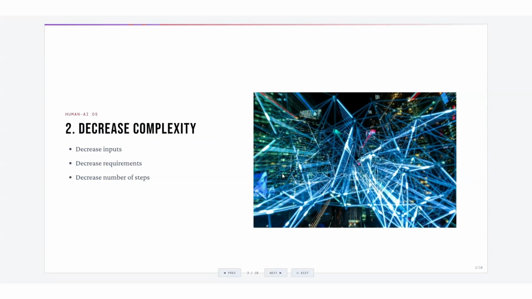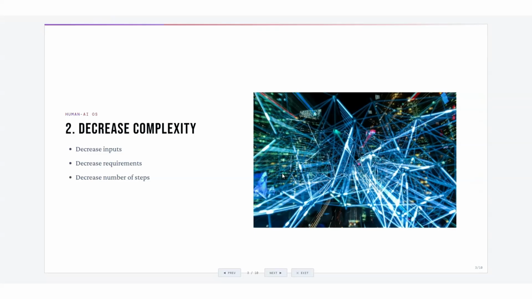Second, decreasing complexity is important for stabilizing the AI projects. If you have 3 or 4 AI models that are providing inputs, then you're even more likely to gain erroneous outputs just because of the number of inputs, right? So you want to decrease the inputs in order to ensure that you're optimizing the accuracy of the outputs.